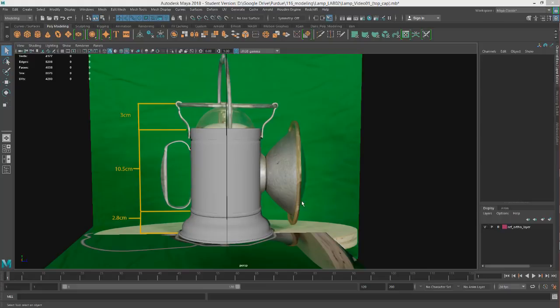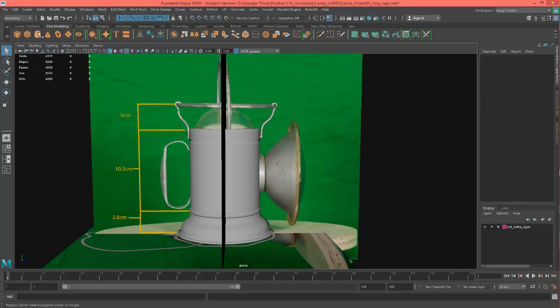Hey, this is Professor Triplet, and we are going to carry on with modeling. And now we're going to handle this front piece right here, and then we'll move on to the piece right